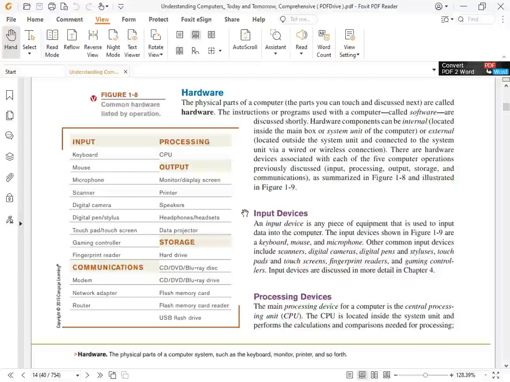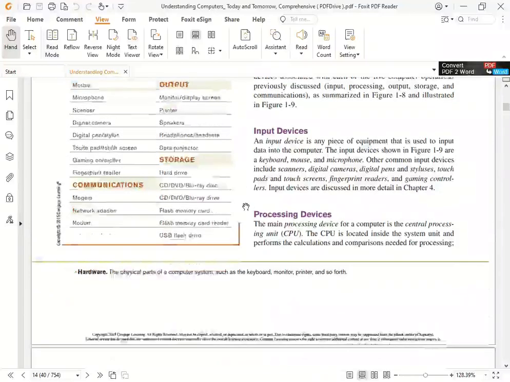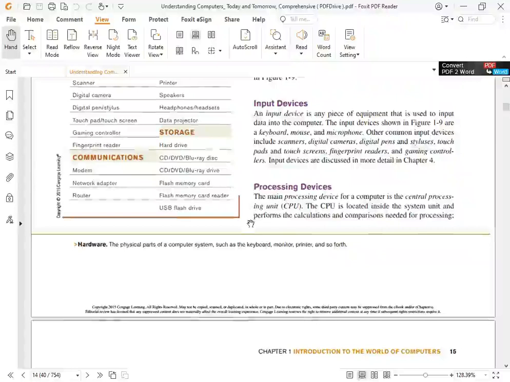Processing devices. The main processing device for a computer is the central processing unit, CPU. The CPU is located inside the system unit and performs the calculations and comparisons needed for processing,